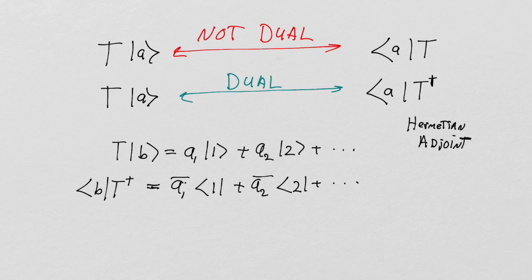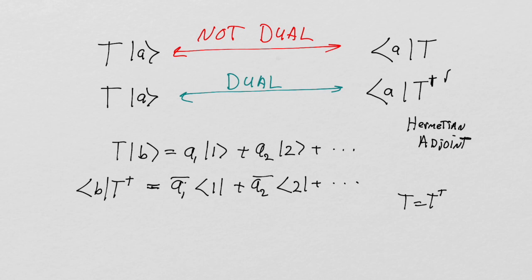T adjoint. Okay, so we're going to do a little bit more machinery, and then we're going to kind of prove this and get to that whole point about Hermitian operators. We're headed towards the goal of having Hermitian operators where T equals its own adjoint, and why that's so special and how that really gives gas to our theory. Okay, so understanding that those are not dual and Hermitian adjoints are dual by this definition,